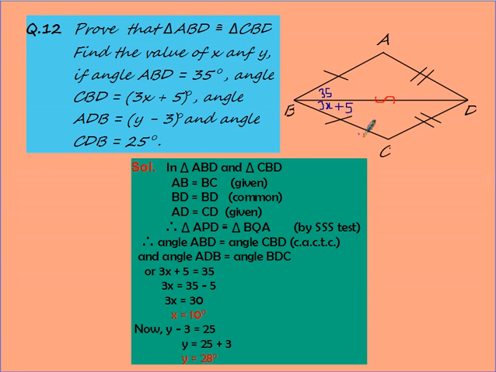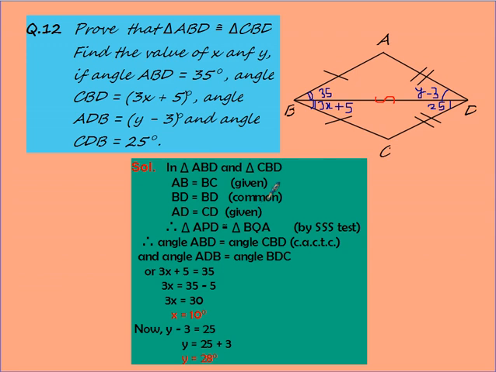And then ADB, if you see here, this angle is given y minus 3. So this angle is y minus 3, and CDB is given, this is a good one. They have given you 25, so you can compare them easily. So what do you do? First you find this angle congruent, or equal, and then you can solve it. You can equate them. So prove that first.